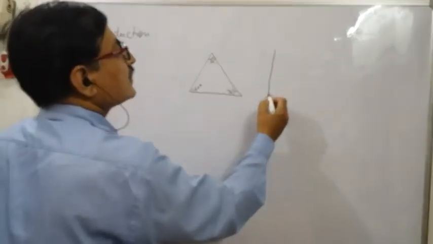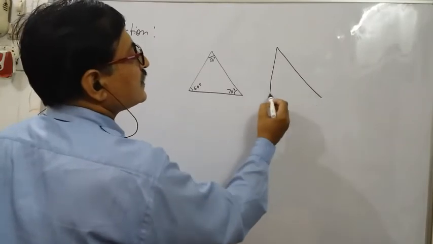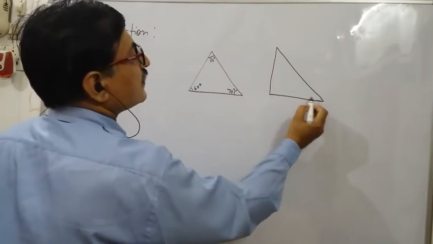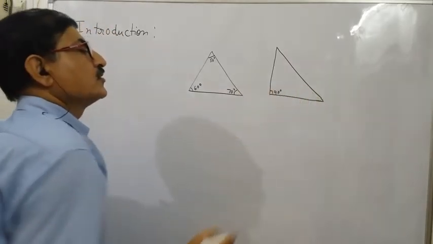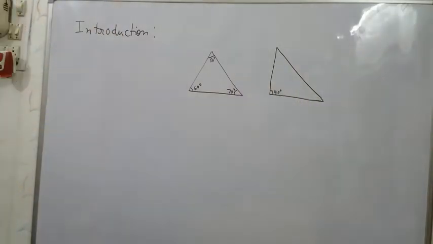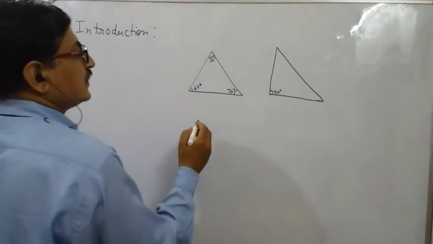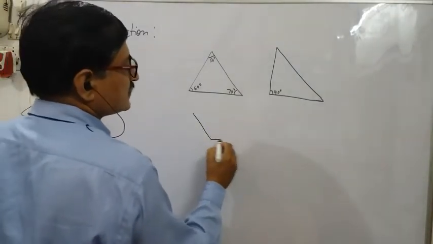Next is the right angle triangle, where one angle is 90 degrees. That is called the right angle triangle. And if one angle is 90 degrees, the other two will be acute, because they cannot be equal to 90 or more than 90. And next one is there